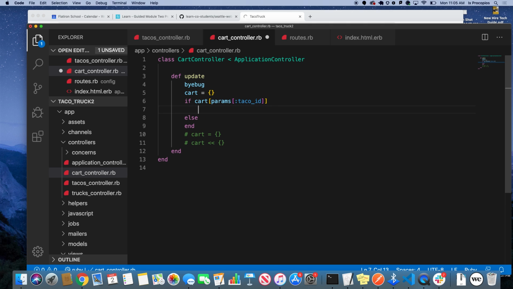So if in my cart I have a params taco ID that already exists, if I have a key that exists there, I'm going to add 1. Else, if it doesn't exist, I'm going to set it to our cart, and then I'm going to have it equal 1. So if you haven't seen this before, you will probably end up using this a lot for algorithms